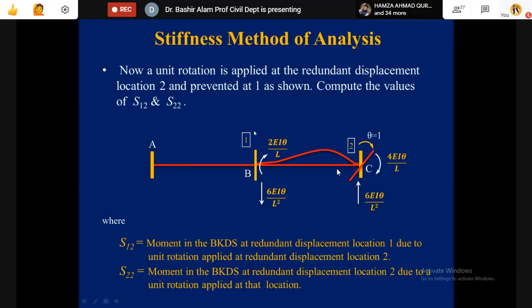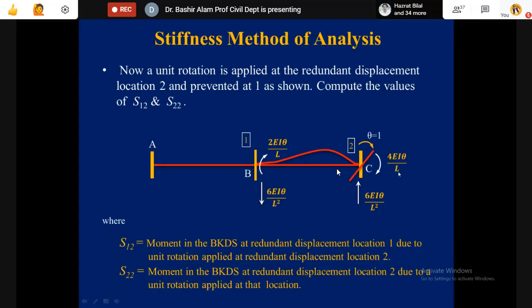And at 1 now, it is clamped. All the other locations will be clamped now. This was already clamped from the original problem. Now, as a result, what will happen? We again find the member end actions produced because of this rotation. At the near end, where this rotation is given,